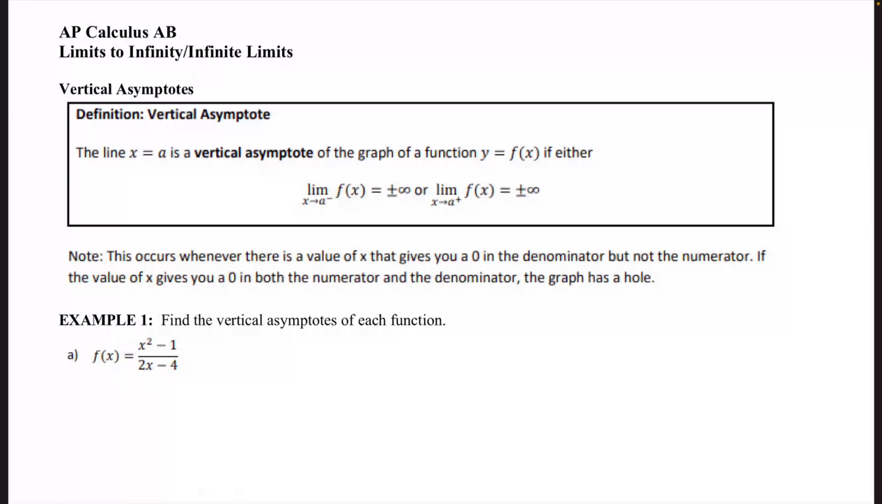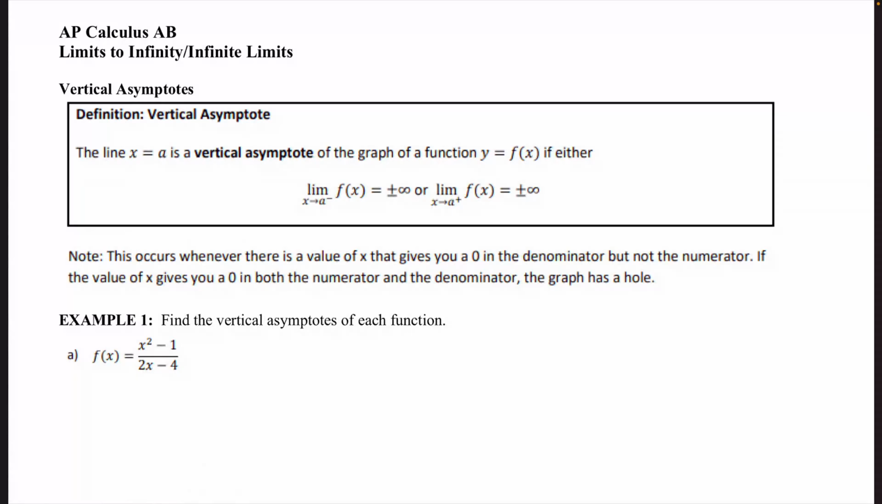Graph, usually a graph, but any function can have an asymptote, right? Where it can't exist. In other words, where I get undefined, right? Where I'm undefined. So, okay, the line x equals a is a vertical asymptote, so vertical going up and down, of the graph